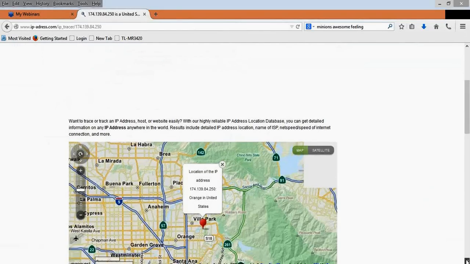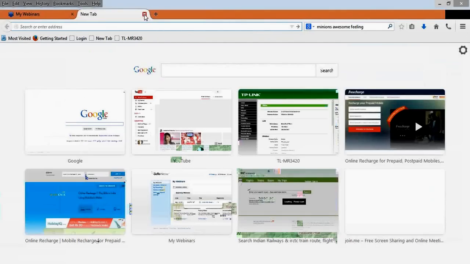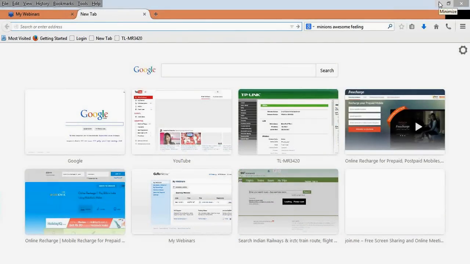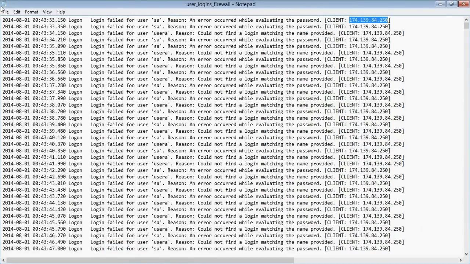Here it is, the IP location is somewhere in Orange, United States, and make sure that it is not in your environment. If you're 100% sure that it is nowhere related to your environment, it is not your client and is not allowed to access your database, then you have to block that IP in the firewall.